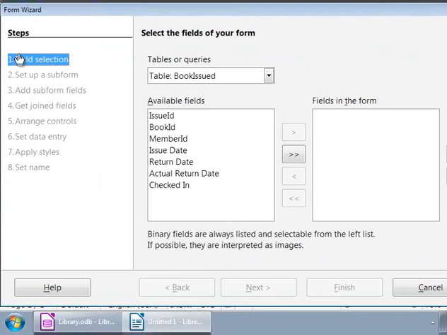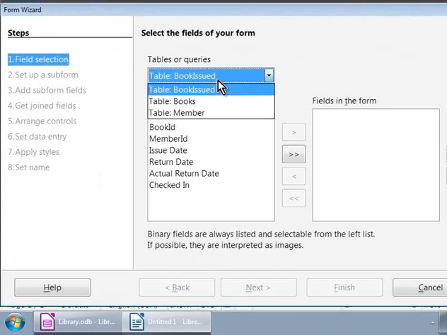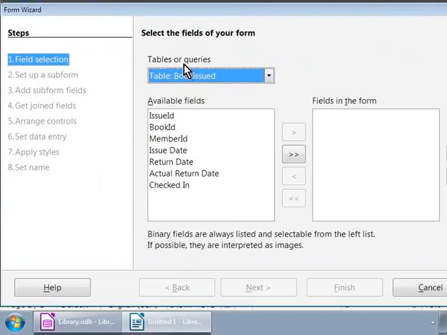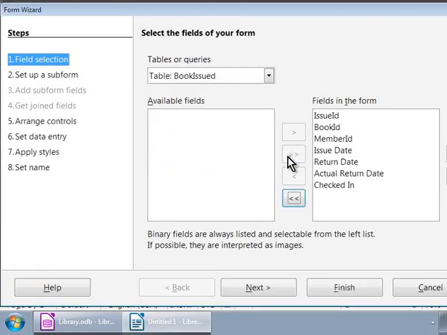In step 1, field selection, let us choose Tables Books Issued from the drop-down box beneath the label that says Tables or Queries. Let us move all the fields from the left to the right by using the double arrow button. Let's click on Next.